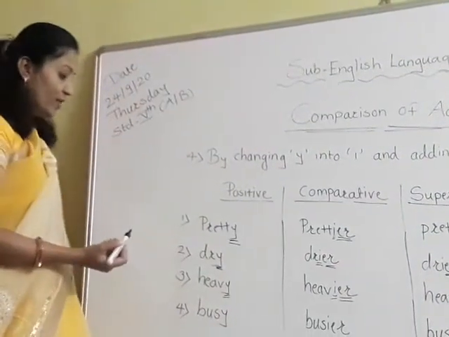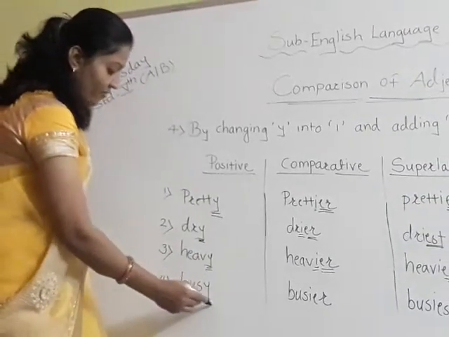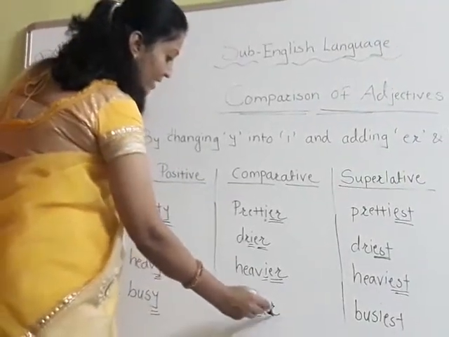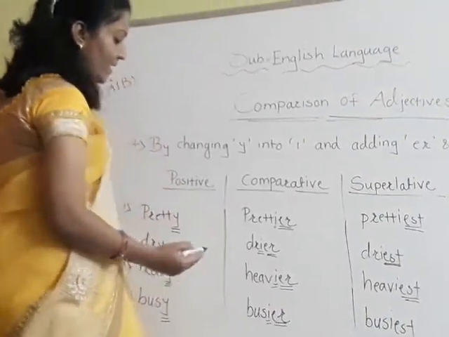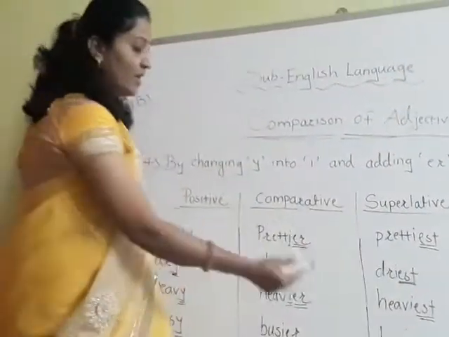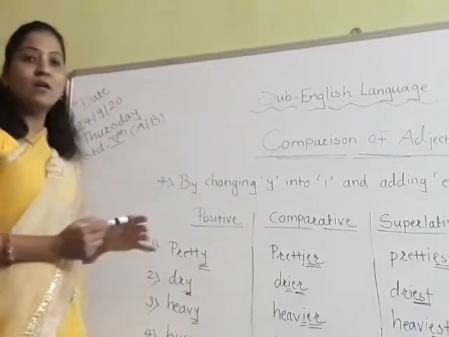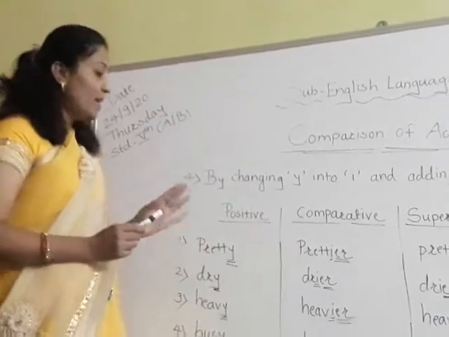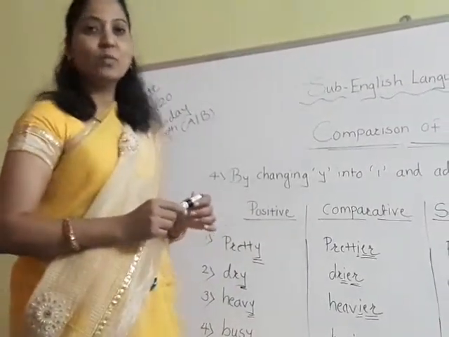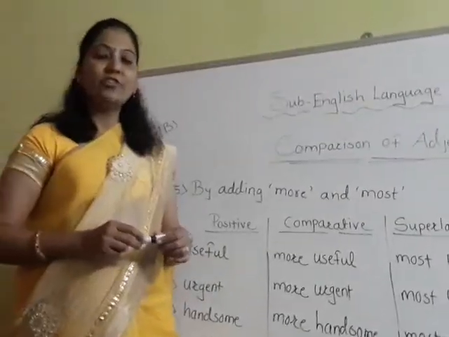So getting it, students? Now see the fourth one, busy. The spelling ends in y here. This y turns into i. It becomes busier, we have added er to this spelling, and to form the superlative we have added est. It becomes the busiest. So have you understood how we have done this? It is very simple and very easy to understand. Now we are moving towards the fifth rule. Up to now, have you understood? Okay, let's move further. Let's see the fifth rule.